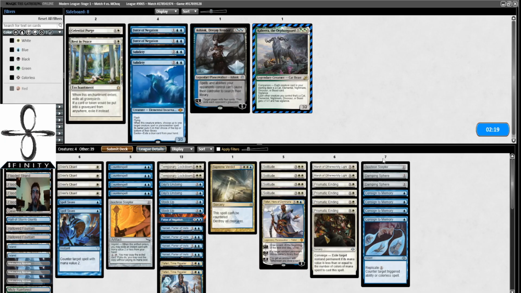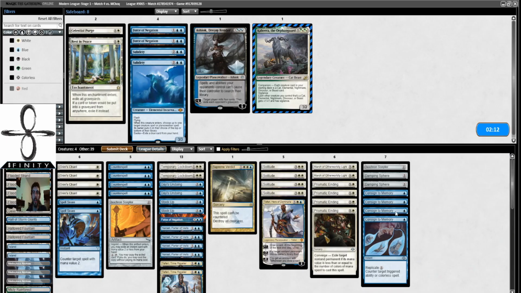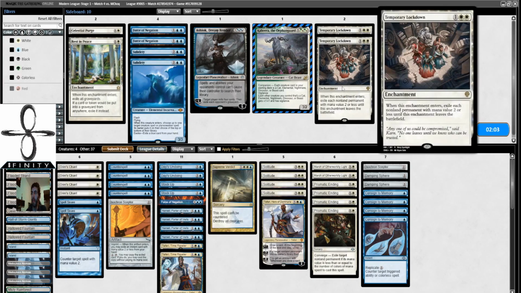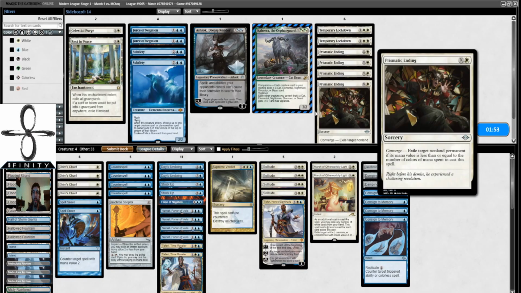So we're going to go to our sideboard here. We're going to bring in another Isochron Scepter, 2 Damping Spheres, and 4 Consign. Our Consigns definitely come in. Temporary Lockdown, even though Temporary Lockdown is not making a good performance in our matchup so far, I still think overall this card is great. Here, just not so much. We're going to take out Prismatic Endings,